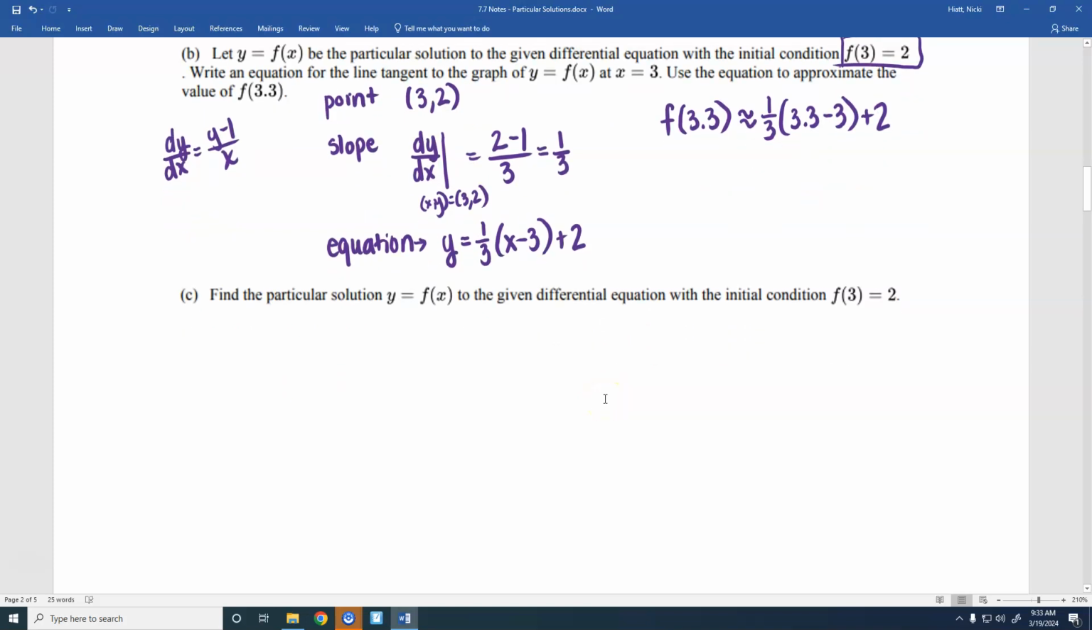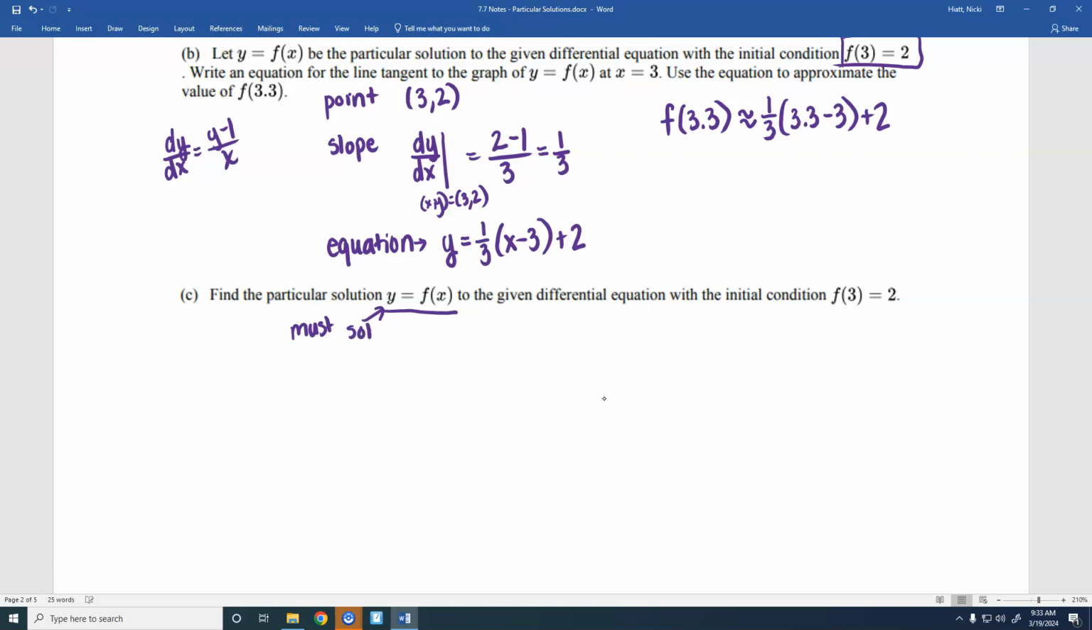Okay, now this last part says find the particular solution y equals f of x to the given differential equation with the initial condition f of 3 equals 2. This is the part that's asking you to solve the differential equation. Because they have said find the particular solution y equals f of x, and this is how they'll word it most of the time. That right there means you must